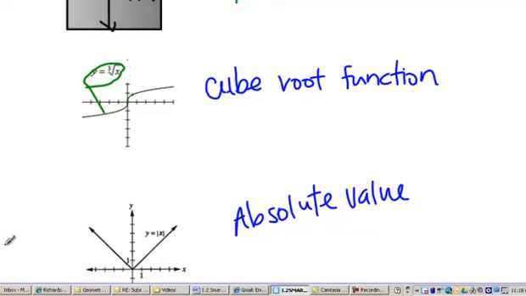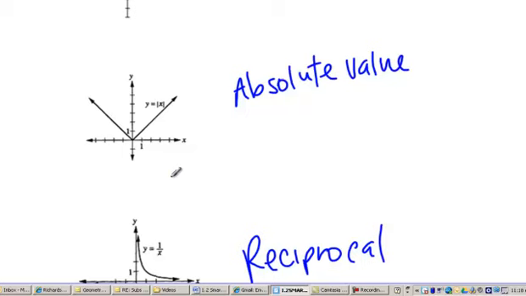There is the equation of the absolute value parent function. It looks like a V. The way I always remember this, V for value, absolute value. Okay. Something cool about the absolute value is if you're looking at the positive x values,